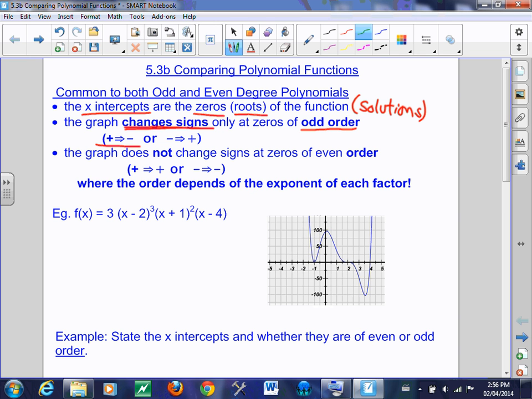If the graph does not change signs at the zeros, then we call it an even order, which means if it's coming from the positive direction, it'll touch, maybe like a vertex, and come back up. Same if it's negative, it'll go to negative. The order depends on the exponent of each factor. Okay? So let's take a look at an example before we do some questions, and I want to explain this